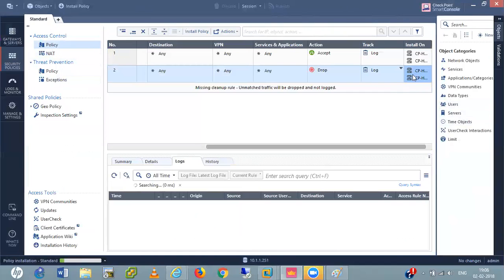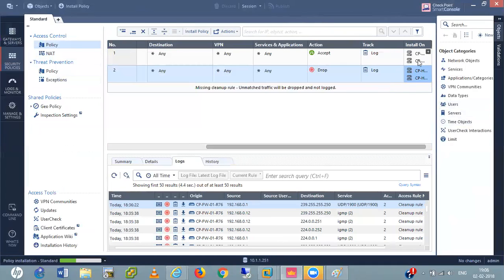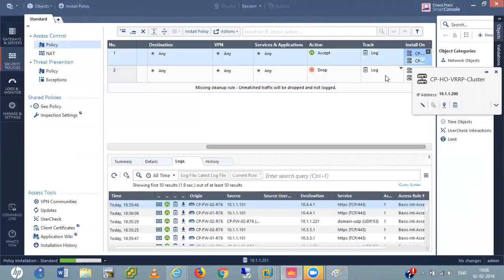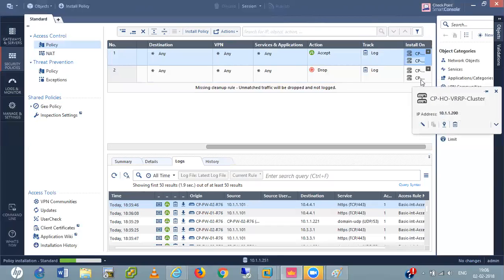I'll actually call here the cluster object. No, this is the cluster object. Install on CP. See this one, I call here cluster object only.